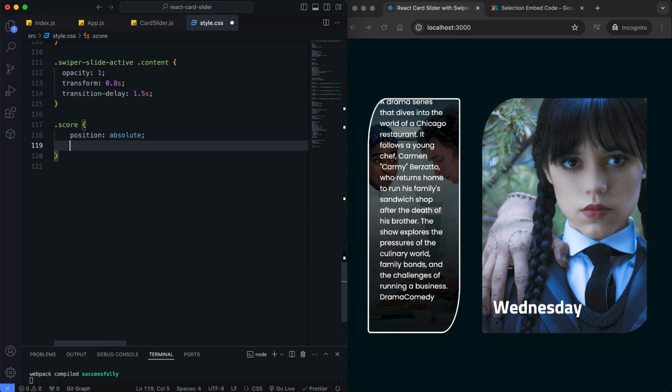The score displays the IMDb rating and is positioned in a circular badge in the top right corner of the slide.